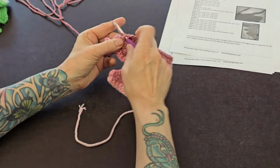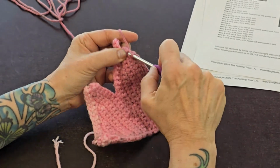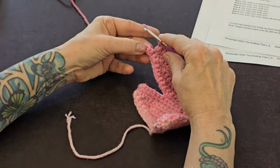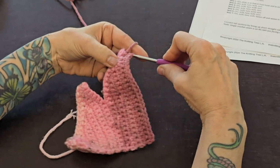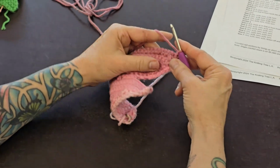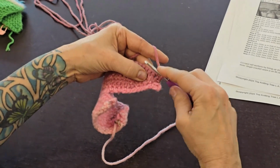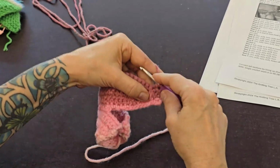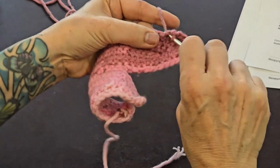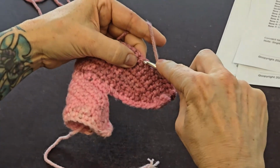Okay, so I'm on my last row of section 2, which is single crochet 22. This is 19, 20, and then 21 is down here, and then 22. So now I'm going to turn, and I'm just going to go back 15 because we're creating that little short row thingy again. So right there, no turning chain, 2, 3, 4, 5, 6, 7, 8,